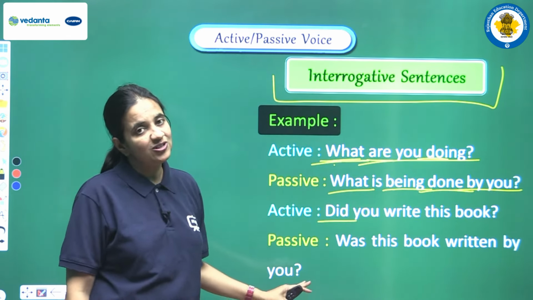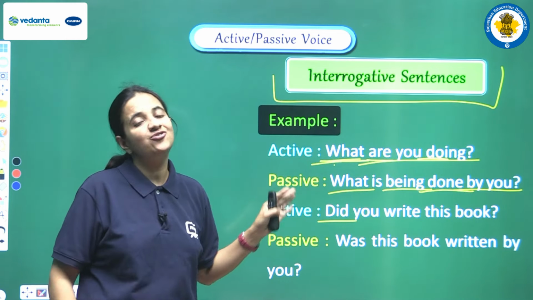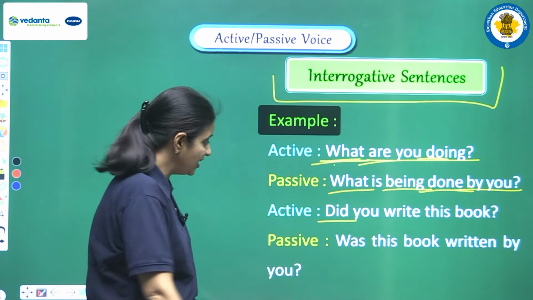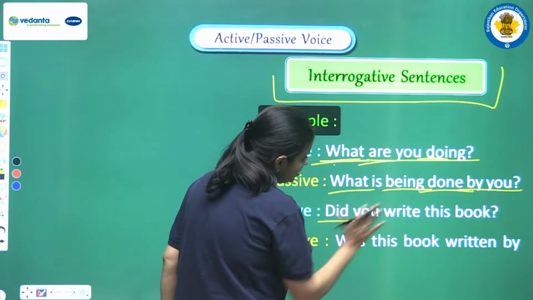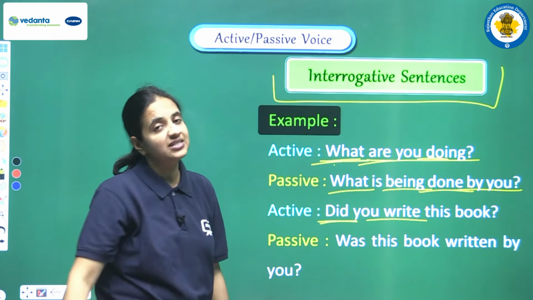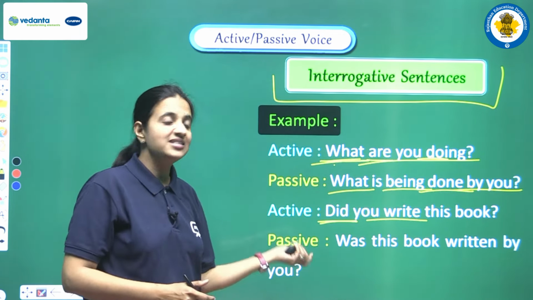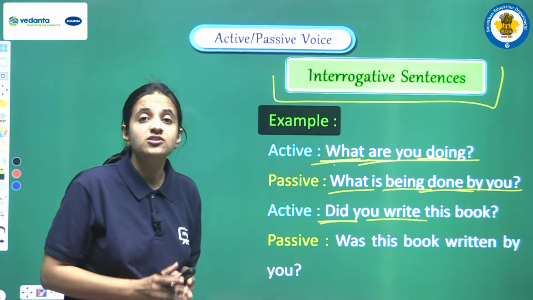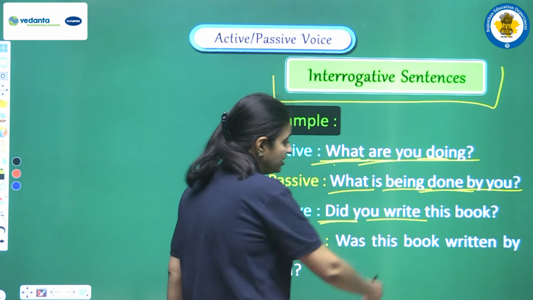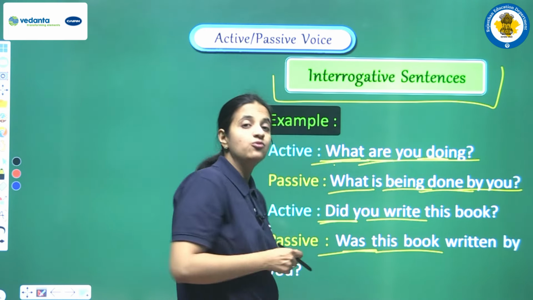So in the passive voice also we have to maintain the same form of the sentence. We have to write one interrogative sentence only in the passive voice. So how we have to change, let's see. First of all, observe the tense. We are having did you write, so did plus first form, this is past simple tense. So if we are having past simple tense, then we have to use was or were in the passive voice according to the rule. Now we are having this book, that is a singular one. So for this book we are using was.